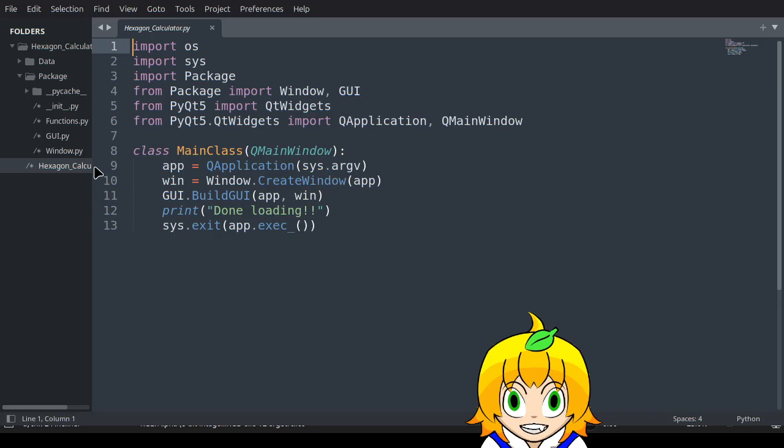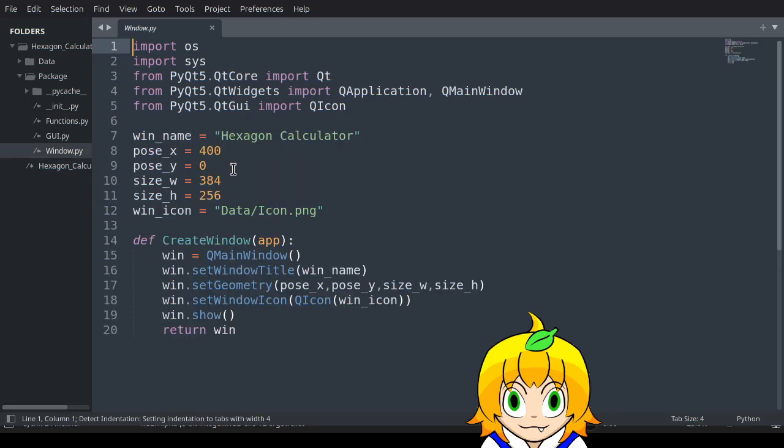but we go over to the window in the package system. And what we do here is we have the window variables of the window name of the Hexagon Calculator, the positions. I kind of like it in the middle of my screen at the top. And then the size, it's a width of 384, height of 256. It's kind of small on bigger desktops. But anyway,